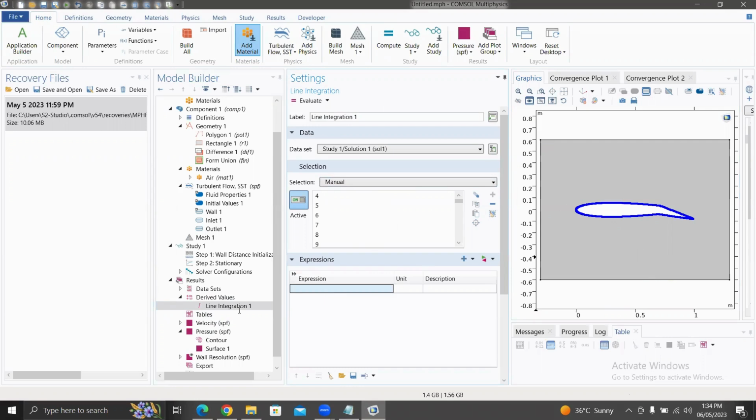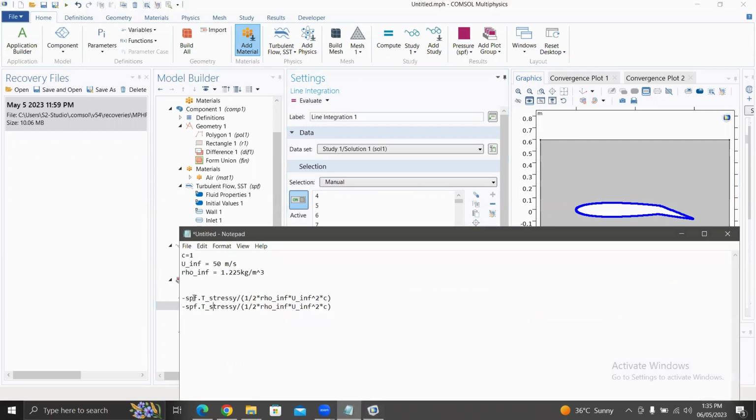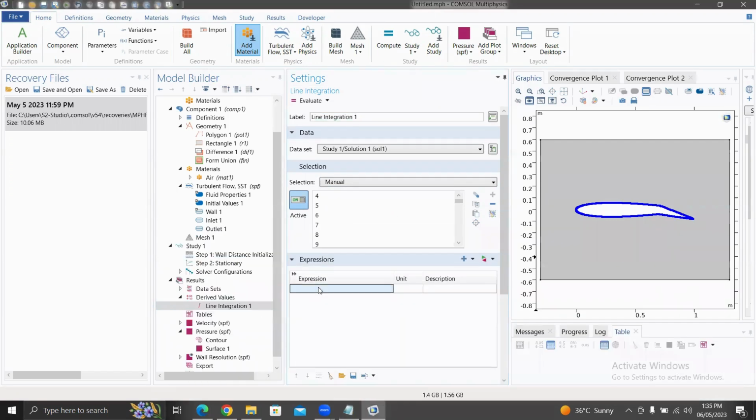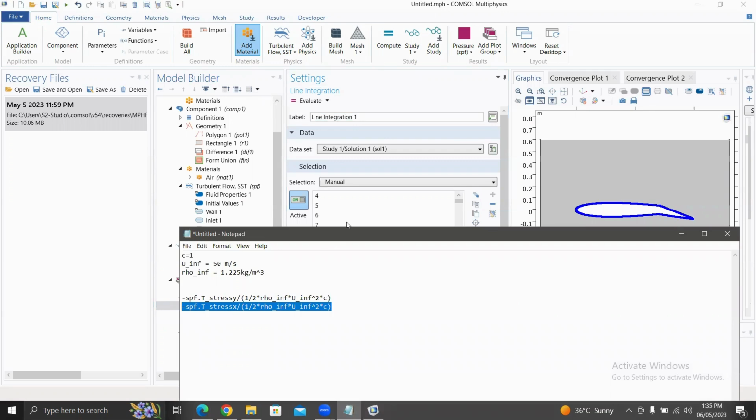These are the two formulas that you will be using, stress Y and stress X. Stress Y will be the lift coefficient and stress X, along the x-axis, will be the drag coefficient. So I'll just copy and paste it and the unit will be 1. Copy and paste both of the equations